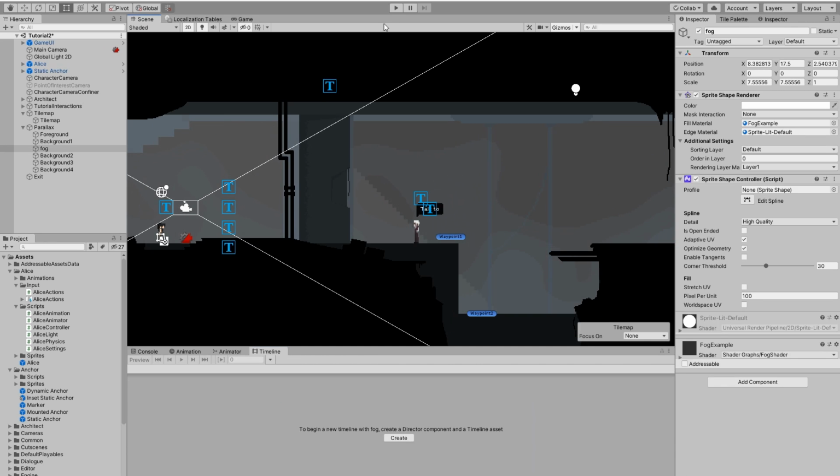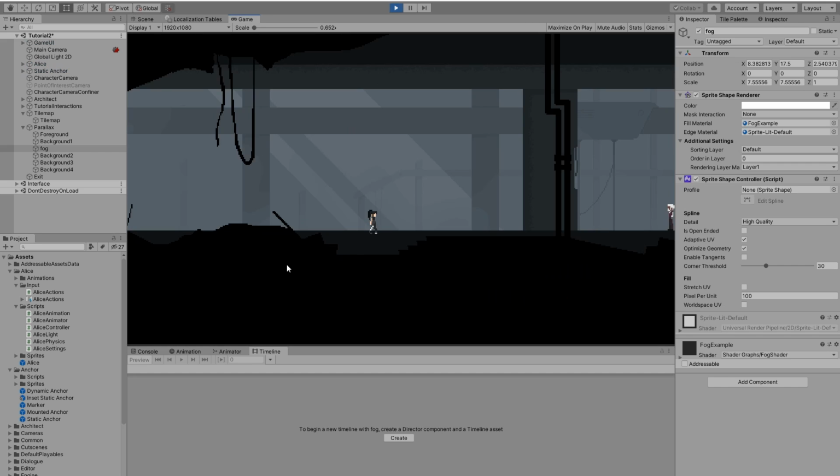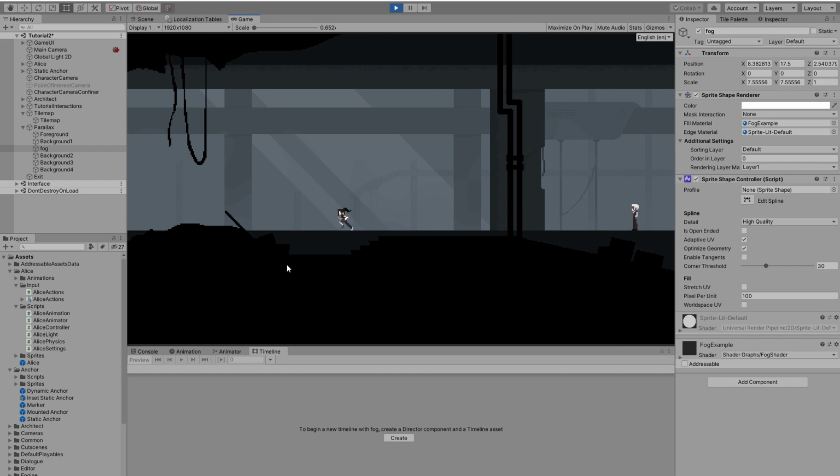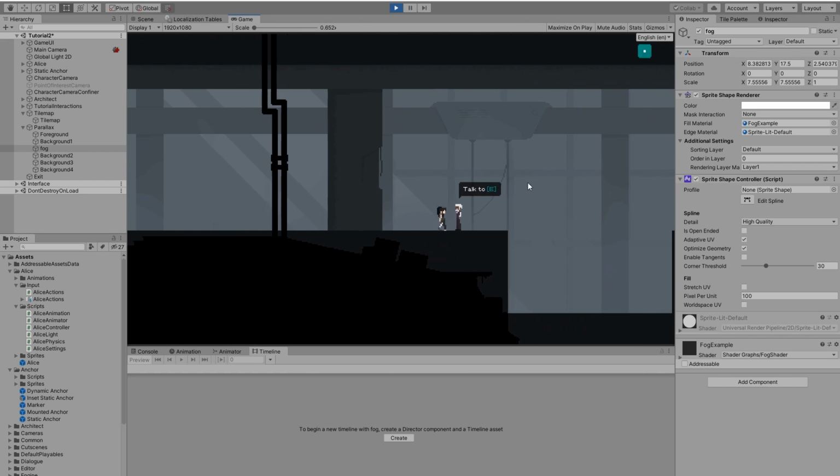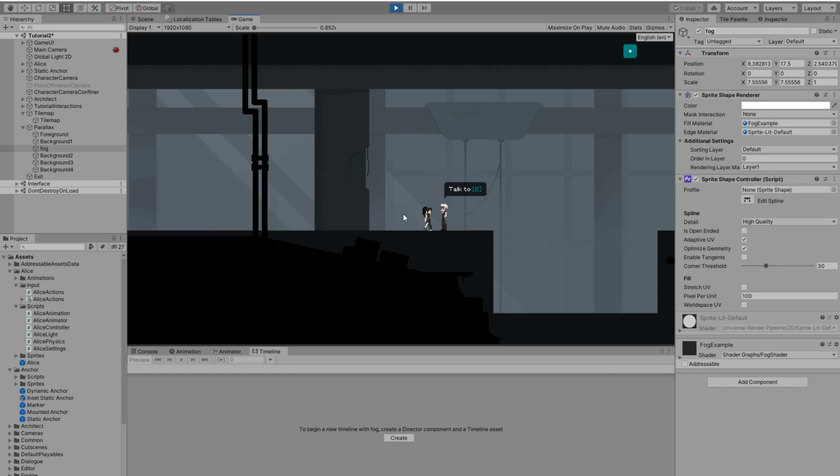The second thing, the changes that I've made to the input system, are actually connected with this translation mechanism. Because as you can see, if I come closer to this architect, a prompt shows up saying talk to, and then we have this colored letter E, which tells the player what button they have to press to enter the interaction. And you cannot see this right now, but I'm actually holding a DualShock controller, and if I use